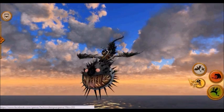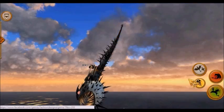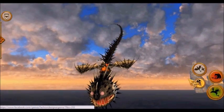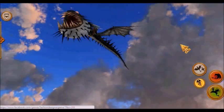However, when it dives down, the tail does a snake move, which I think looks cool, like it's almost slithering its way in the air. I've got to say that looks cool. But let's take a look at the stats of this